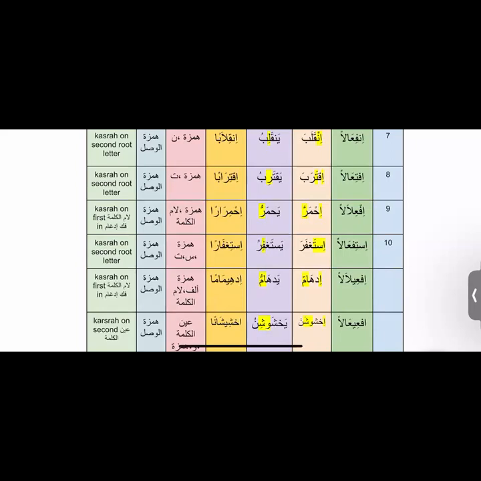Okay, when it comes to bab istif'al that we did a few sessions ago, is it al-thulathi al-mazid bi harfain, or bi harf, or bi thalathat ahruf? It is mazid by 3 letters, right? And what are those 3 letters? One is hamzatul wasl, the second one is sin, and the third one is ta. Everyone got it? I hope.